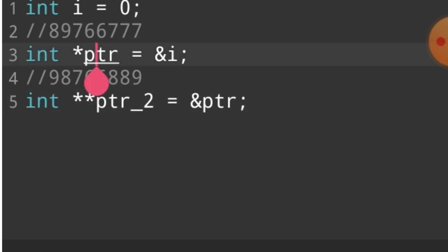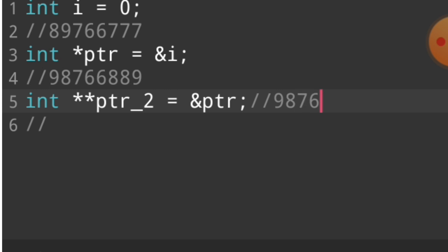If we want to store the address of a pointer, we use pointer to pointer, and then we print the pointer to pointer. So the value of the address is printed, for example 987668889. If we want to print the value of ptr2, it is the address of pointer ptr. I execute it when I select all the program and cut the program, and I teach you this program with the help of code.